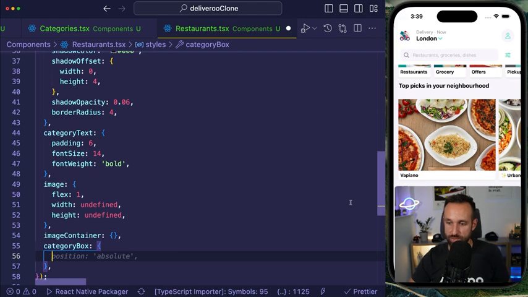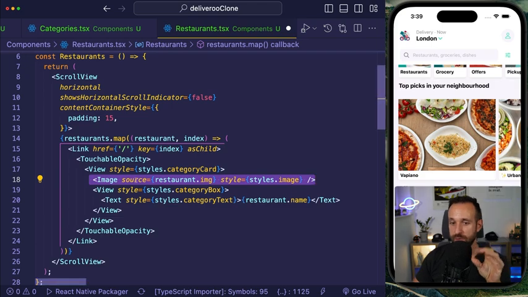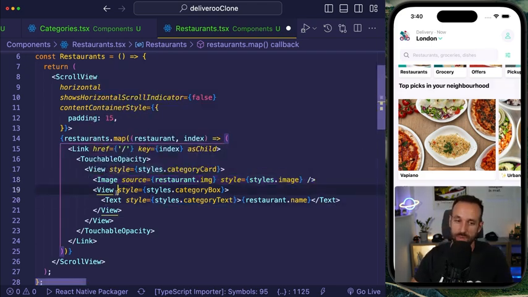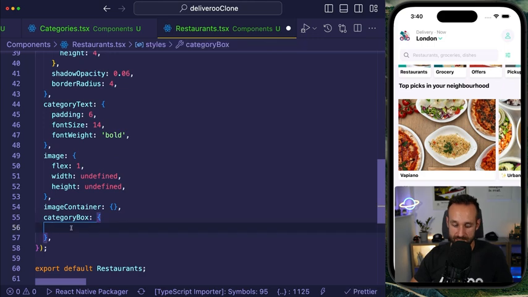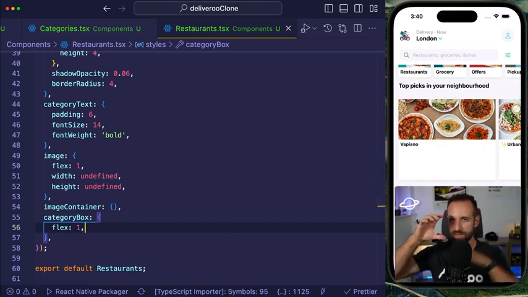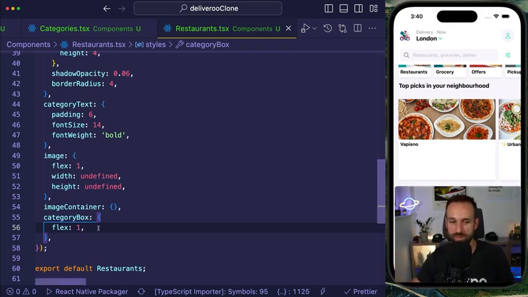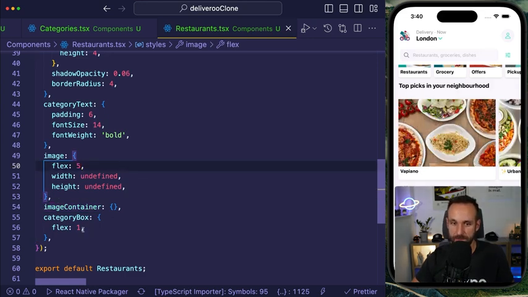Well, let's see. I think we can just do this pretty easy. So the category box here and the image are both in a flex layout. Right now, they take up just like some automatic space. If I tell this category box to use up like flex 1, both would use the equal space. If I want to have like one thing take up about 60% and the other 40, we can combine these different flex values. So if I give to the image, let's say 5,